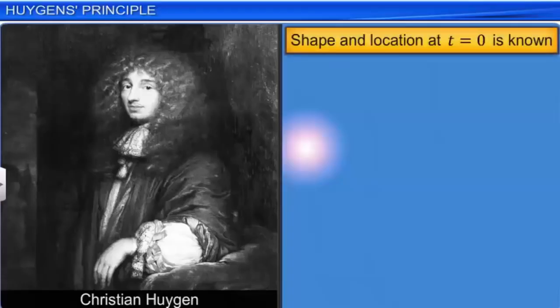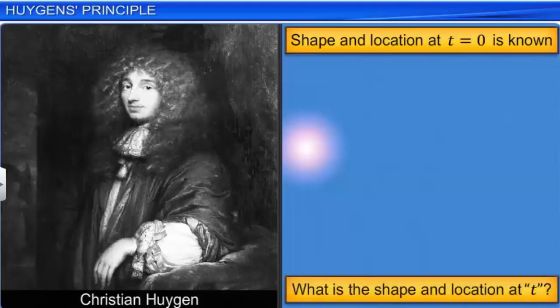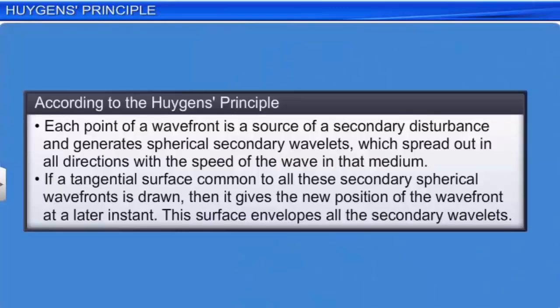Christian Huygens proposed a geometrical method known as the Huygens principle for finding the shape and location of a wave front at some instant from the knowledge of the shape and location of the same wave front at an earlier instant. According to Huygens' principle,